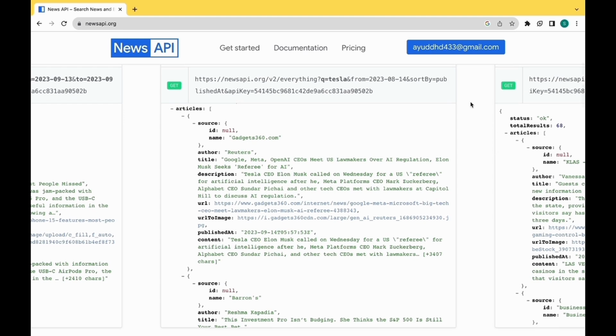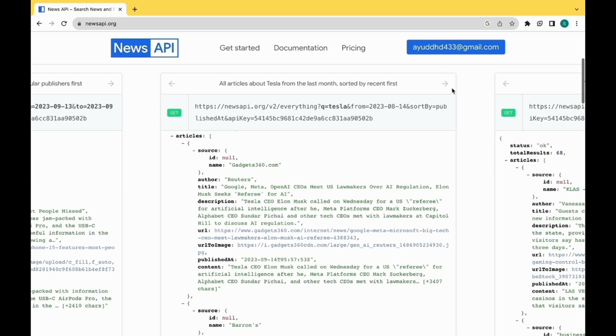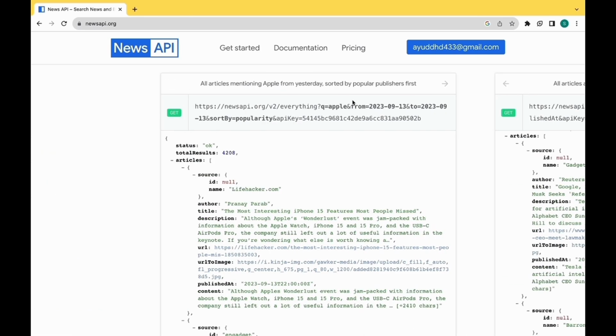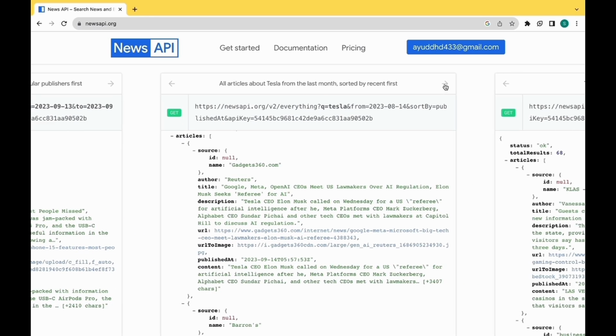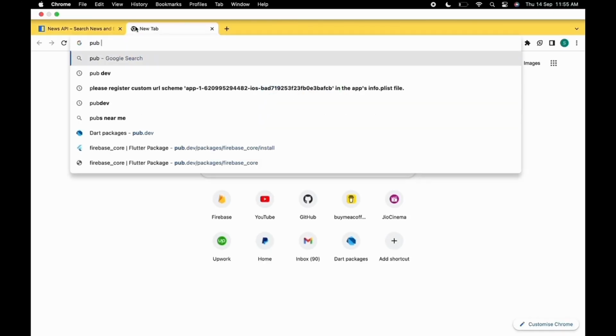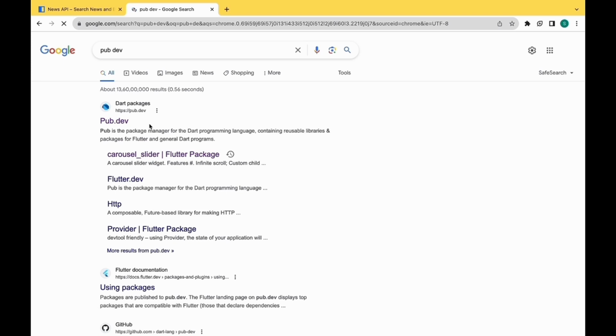I have already signed in to the website, so you can see my mail at the top. As you can see, there are many APIs you can use according to your choice. But I want to show the news in the trending section, so I will use this link to show all the news in the list view that we have created in the UI of the trending news section. But before adding the API in our app, let's move to the pubdev file